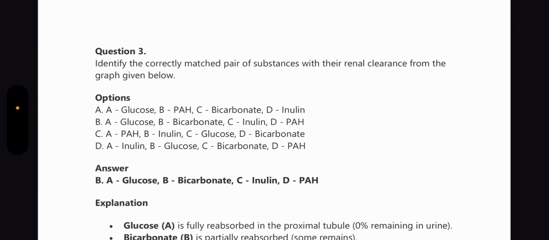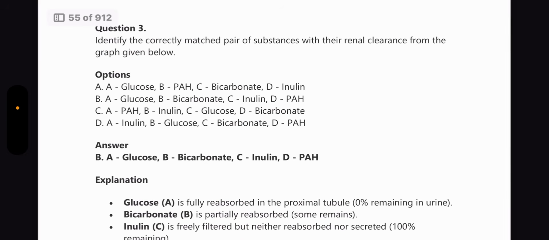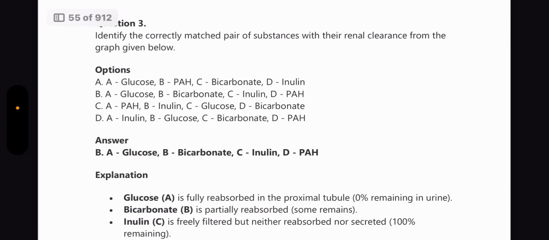Identify the correctly matched pair of substances with their renal clearance from the graph given. So there should be a graph here, and please look at it. So glucose is fully reabsorbed in the proximal tubule, so there is 0% remaining in the urine, and bicarb is